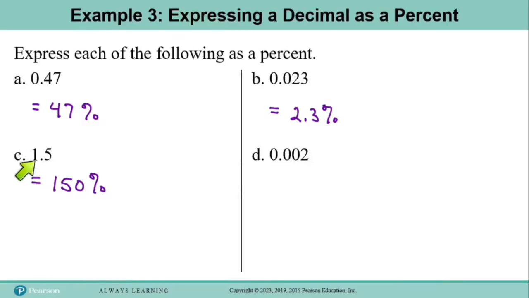And I also want you to notice that if you have a number in front of the decimal that's 1 or more, you're going to get a percent that is 100% or more. And let's look at part D. So we have